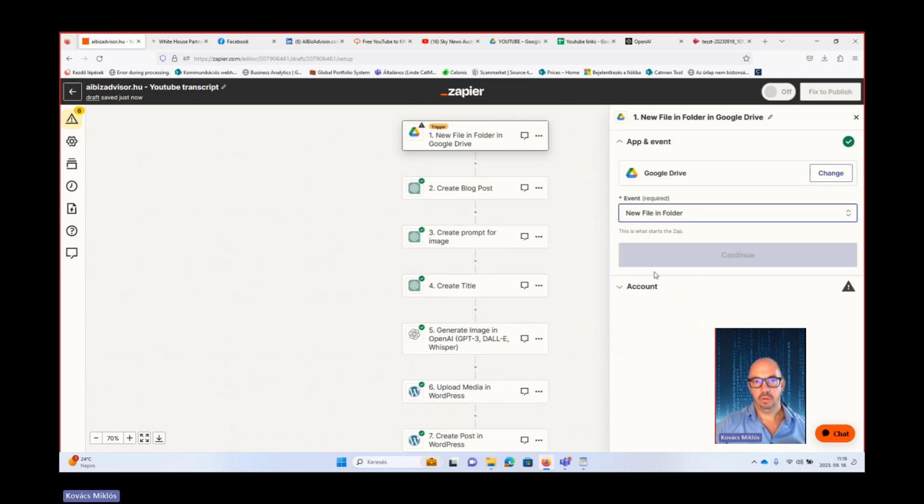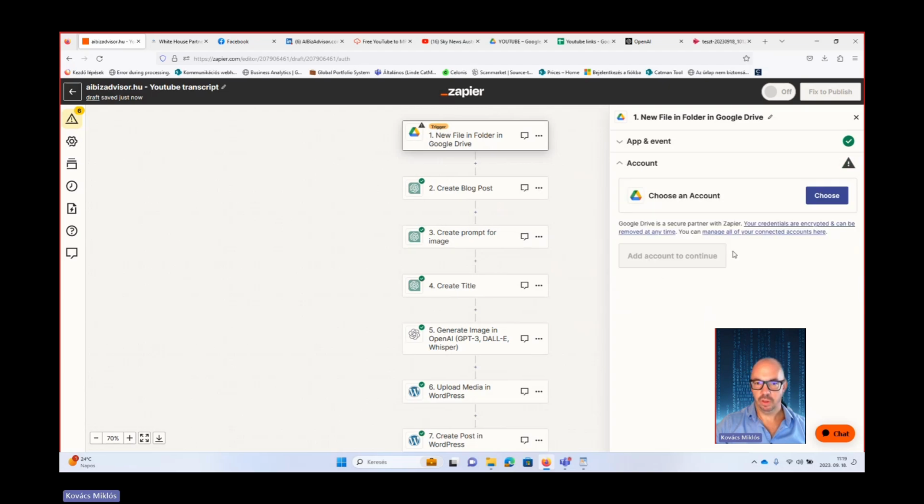And what I'm going to do is place MP3 audio files into the folder, and then use artificial intelligence to transcribe them, and then create the blog post from there.